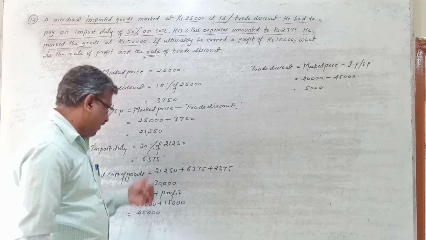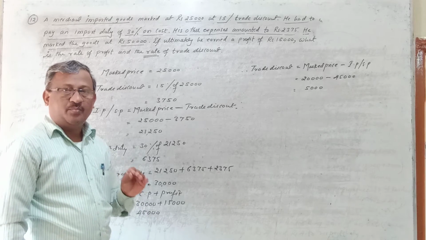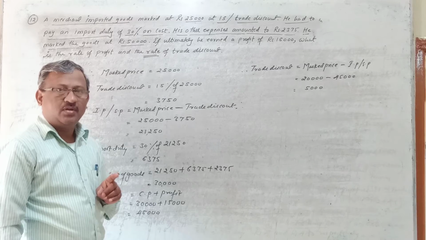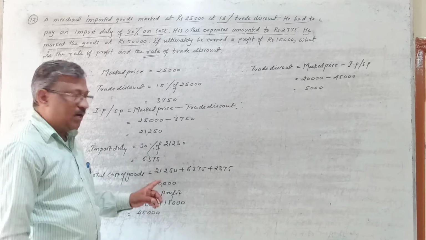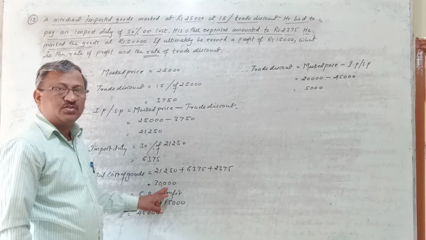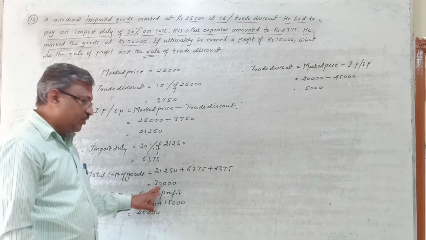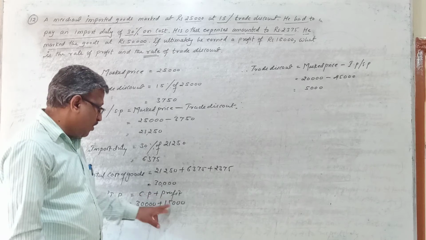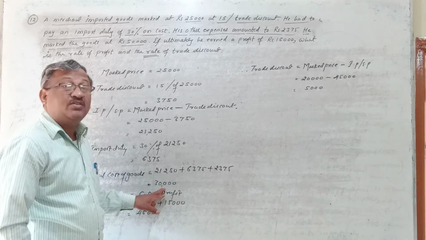So always remember, whenever they ask you to calculate the rate of profit, profit or loss is always calculated on which price? Cost price. So to find the rate of profit, we always have to consider the cost price. What is the cost price to the importer? The cost price of the importer is 30,000. This 30,000 rupees gives him 15,000 rupees profit. This is the profit earned per 30,000 rupees.